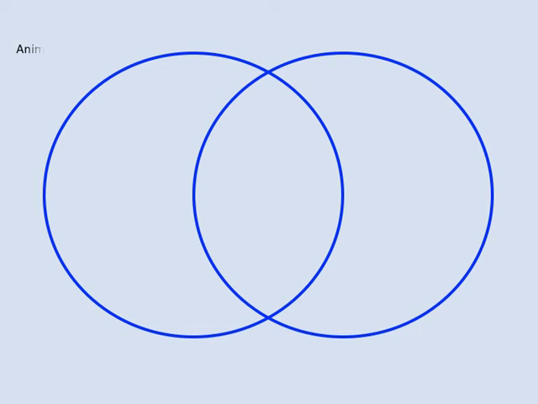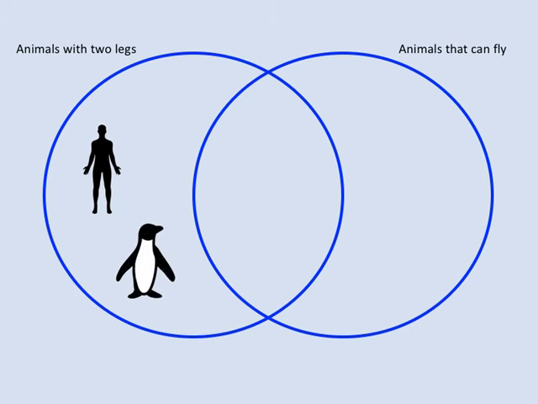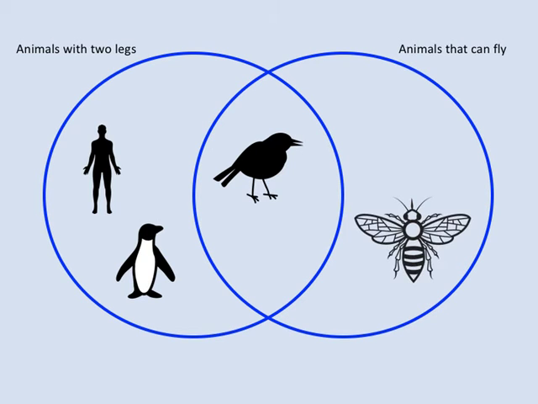The set of two-legged animals. And the set of animals that can fly. Humans and penguins would be in the left-hand section, because they have two legs, but they cannot fly. Most birds would be in the middle section, because they belong in both sets, as they have two legs and can also fly. Flying insects, such as bees and wasps, would be in the right-hand section, as they can fly